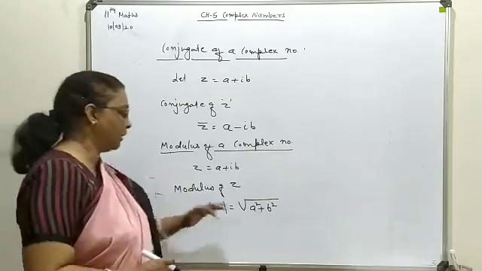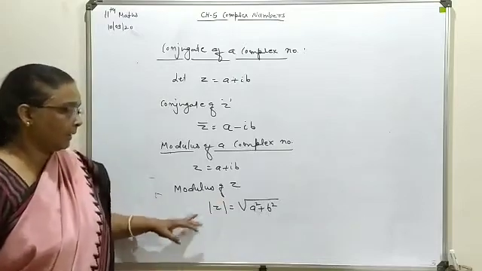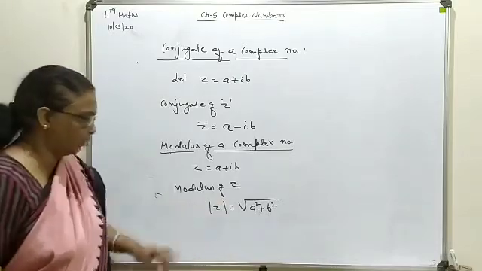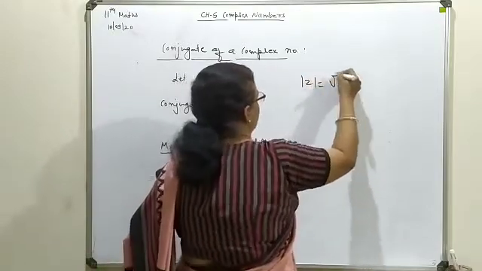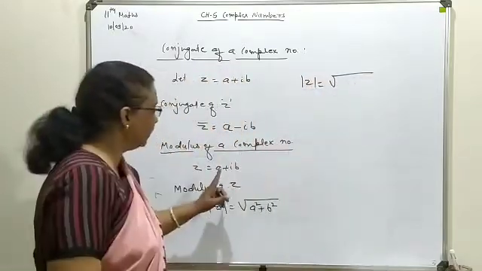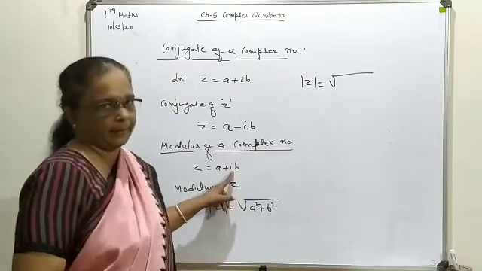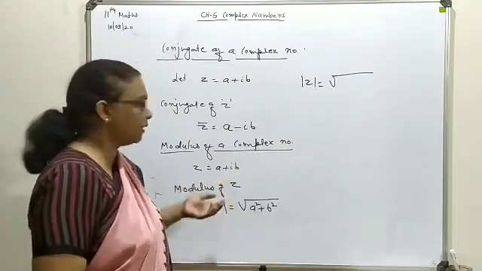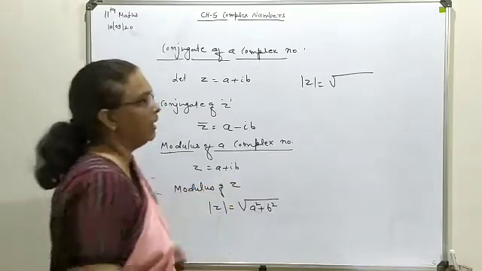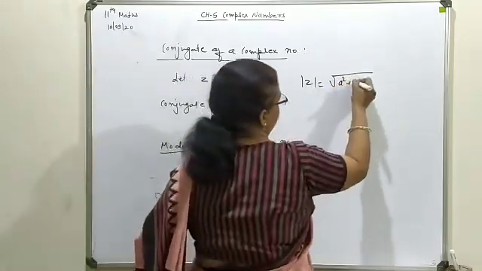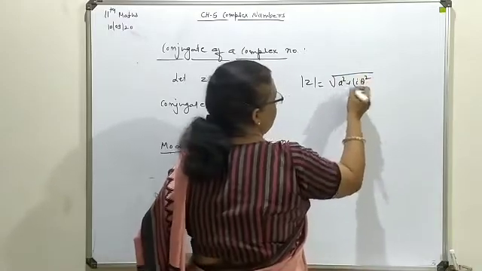Normally students make a mistake while writing the modulus of Z. This is the Z we have written. They are not bothered about the multiples of i. So what is the real practice? Square of this a and square of this ib. That writing will be considered wrong because it will interfere with your sign.